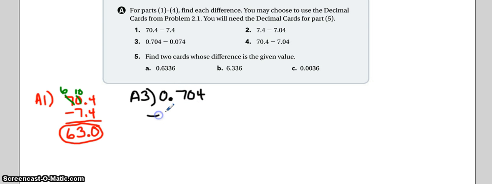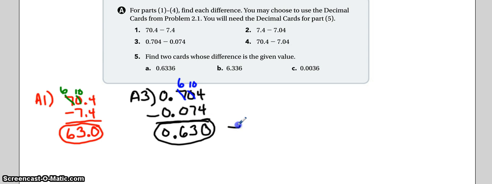0.704 minus 0.074, and then of course 4 minus 4 is 0. We're going to have to do some regrouping, so we're going to borrow from this 7 group of tenths and make it 6. This group of 0 hundredths becomes a 10. All right, so 10 minus 7 is 3, and the 6 minus 0 is 6. We bring down our decimal point and our 0, and the answer is